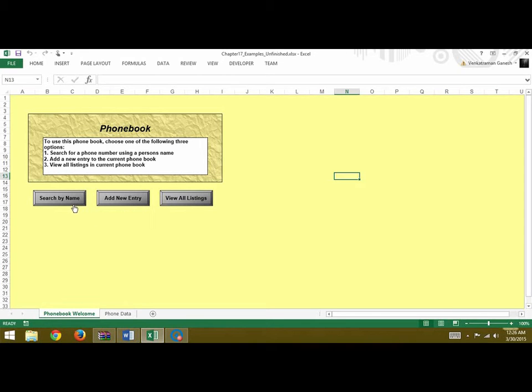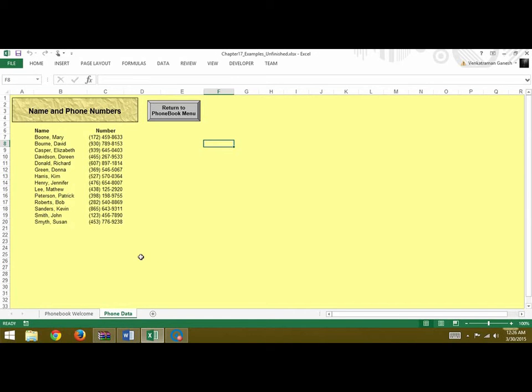When you search by name, you enter a name and the sub procedure will generate the number if it is there. If not, it will say that there is no such name in the entry. If you want to add a new entry, you add the name and the number if it's not already existing. For view all listings, you would click on this and then it would go on phone data to view